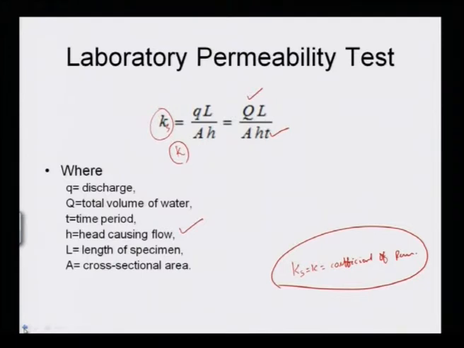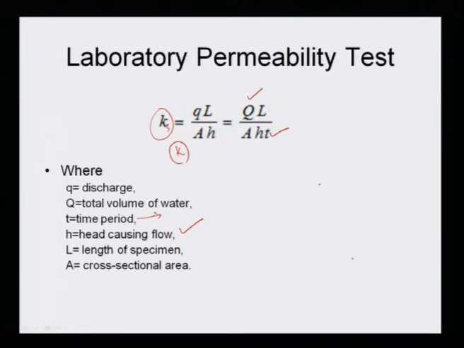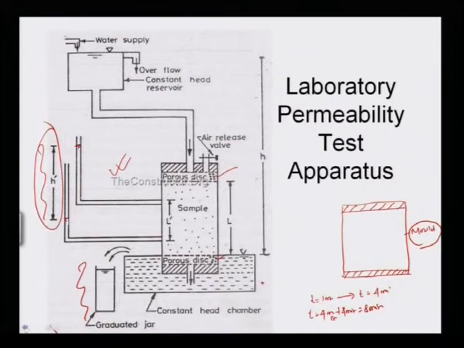Then the time period: as I said, the initial time t1 is, say, 0, and t2 is 2 minutes. Over this 2 minute period you have collected a discharge of, say, 10 ml. With a 2 minute time interval you get the discharge, say Q equal to 10 ml, and time interval t equal to 2 minutes. That means you get Q, you get t, and H you will find from here, what your hydraulic head is, and from there you can find H.